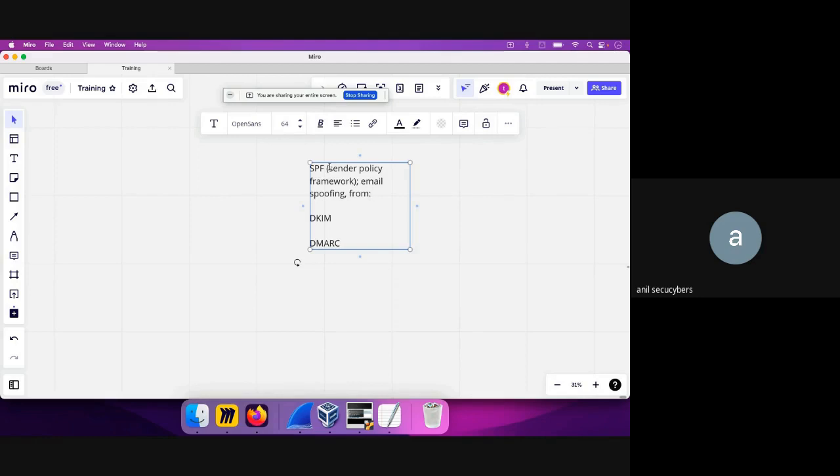The email has been spoofed. The from address, let's say, has been changed to a fake one. It is not coming from, let's say, someone from your own company, but from someone else. So how this thing works is that